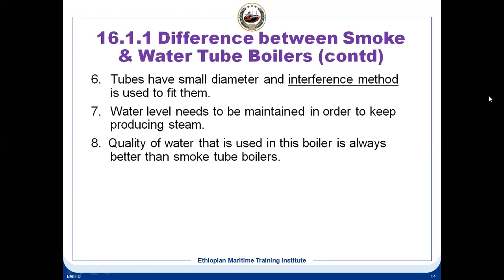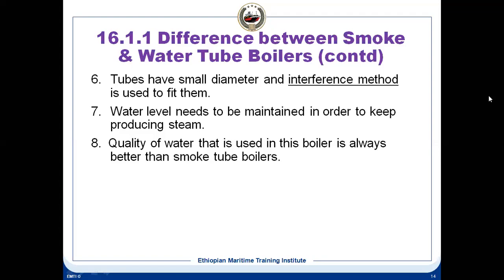For the interference method, one very good example would be for those of you who have seen a tail shaft being removed. The tail shaft of a vessel, if you've seen it being removed, the last flange bolts basically are fitted with the interference method, in the sense that the bolt diameter is larger than the size of the hole in the flange. So the bolts basically have to be kept in the meat room or the fish room, and just before fitting them, they are brought down and fitted in place.